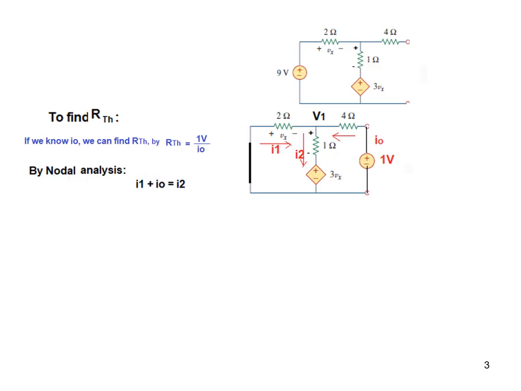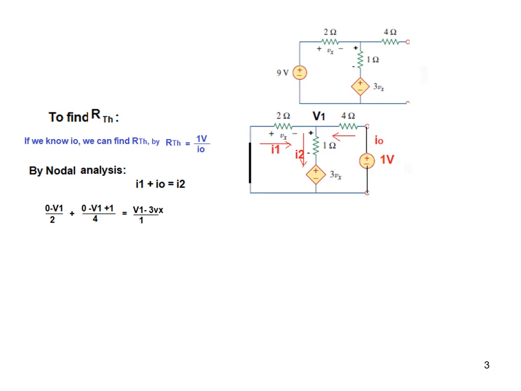This node voltage here we're calling V1. So I1 entering, I0 entering, and I2 leaving. So I1 plus I0 is equal to I2 leaving. And now we convert this in terms of voltage. I1 will be 0 minus V1 divided by 2. This current here will be 0 minus V1, and this source is also adding in the same direction, so plus 1. So 0 minus V1 and plus 1 volt